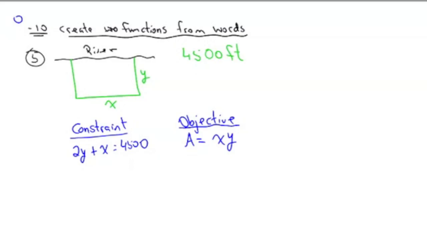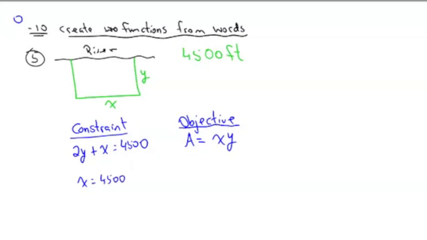The problem with this side is it has way too many variables. So I want to get rid of either x or y and write it in terms of the other one. To do that, you have to come back over here to the constraint. Which one is easier to solve for? X. And technically, the problem says write your function in terms of the side that's parallel to the river. So I want to solve for x, and you get x is equal to